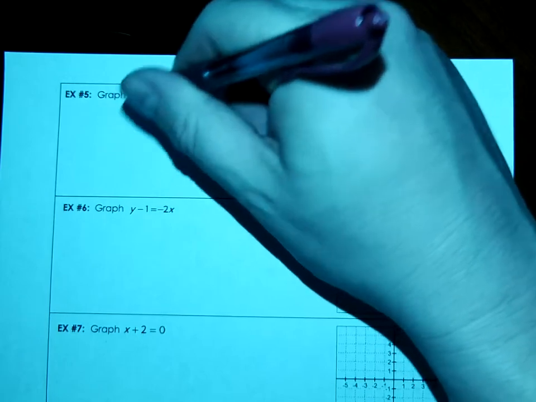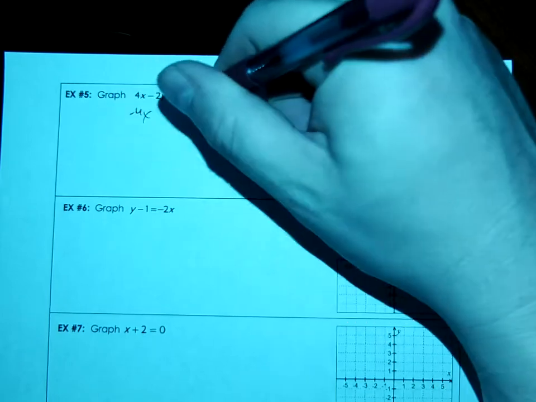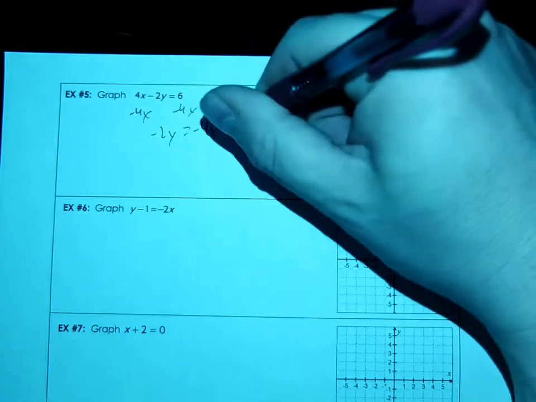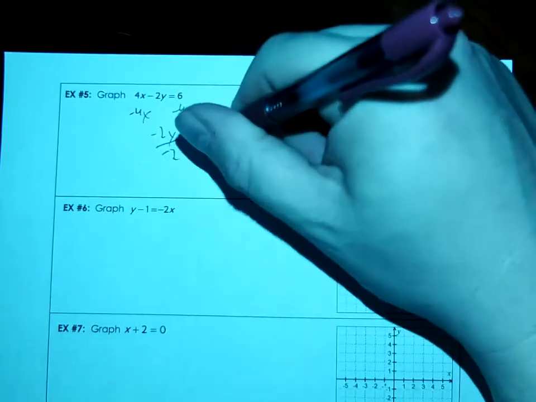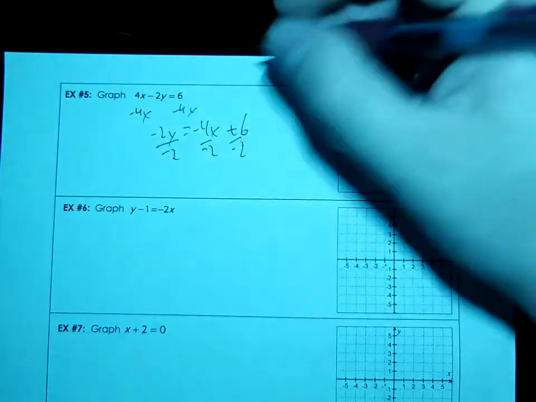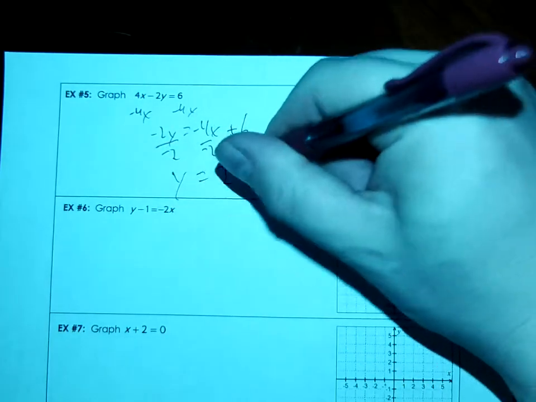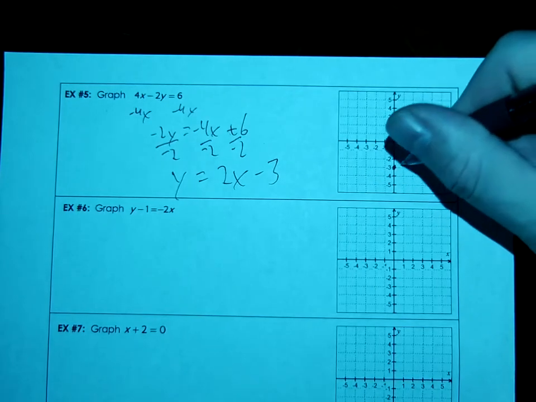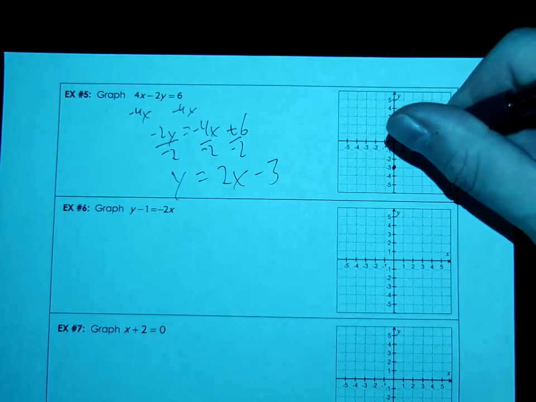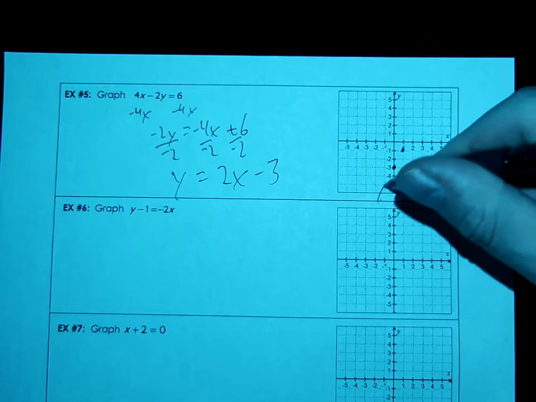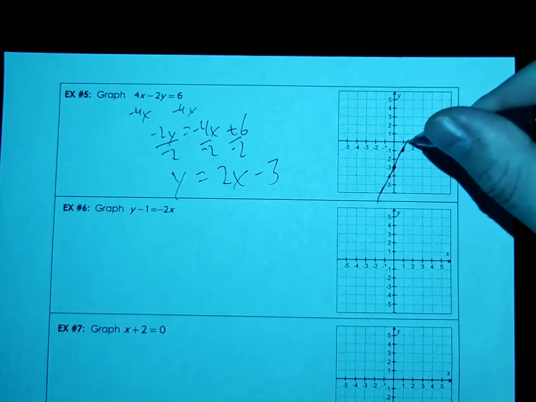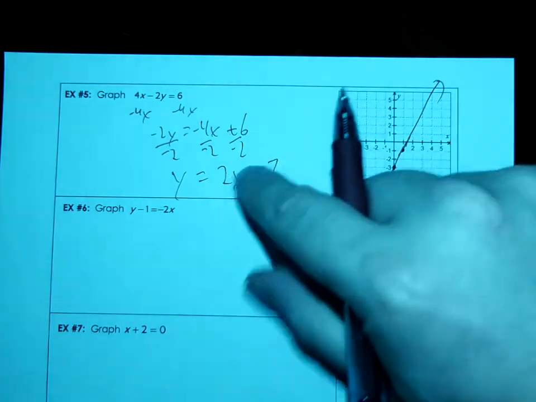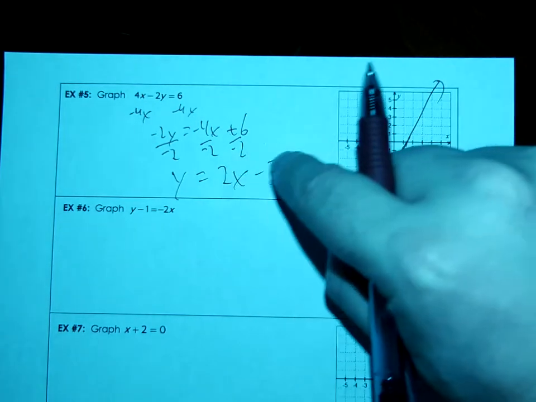So move the 4x over to the 6. Negative 2y is equal to negative 4x plus 6. Divide it in half. Y is equal to 2x minus 3. So I'm going to start down 3 and go up 2 over 1 for each particular successive point. There's my graph. So in other words, my slope is 2 over 1 and my y-intercept is negative 3,